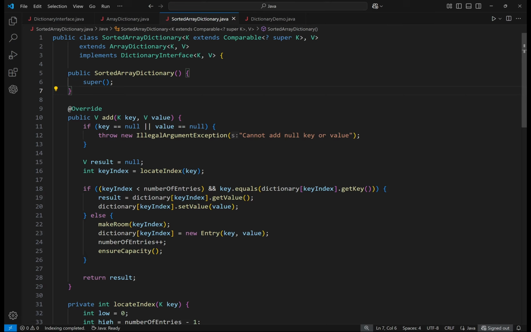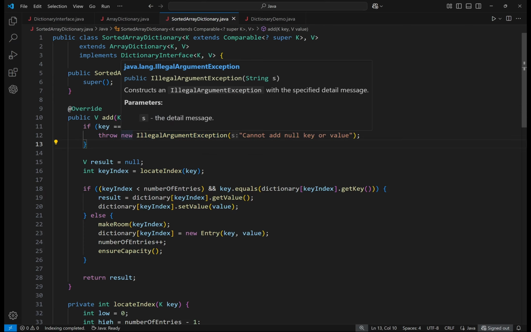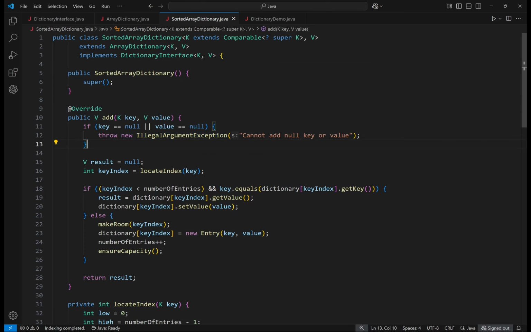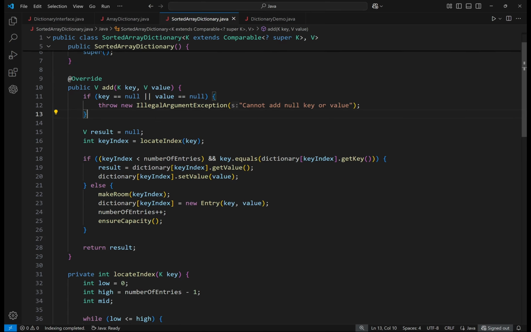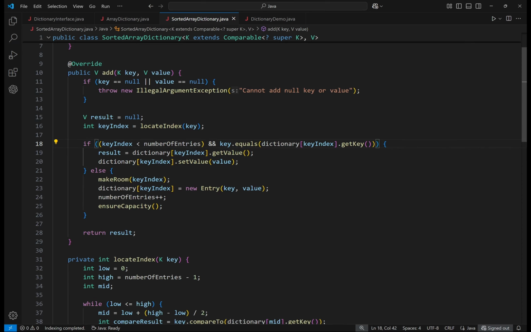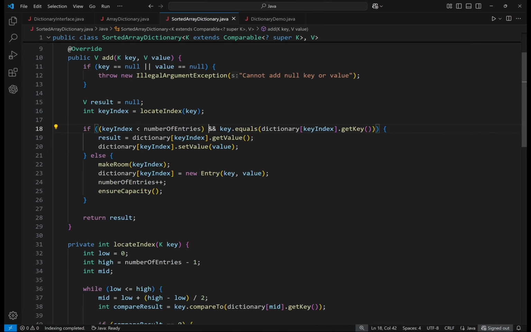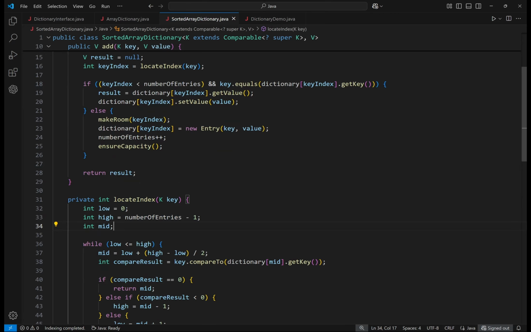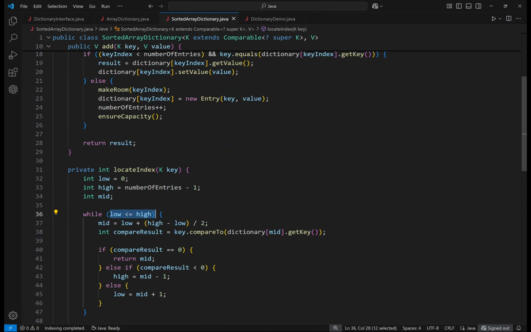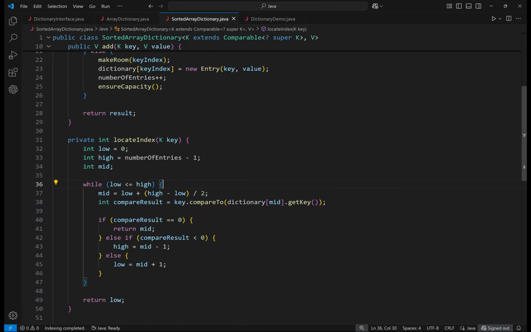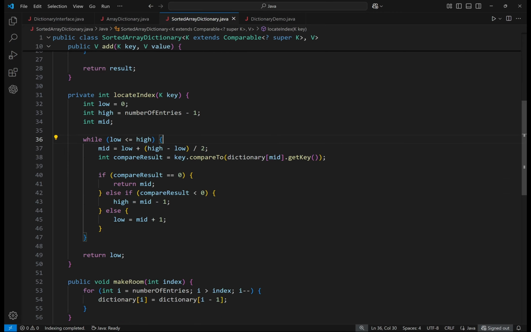Lines 4 through 11 override add(key k, value v) after null checks on line 5. Line 6 calls int kIndex = locateIndex(key), which does a binary search in lines 36 onward, maintaining low and high, computing mid, comparing via k.compareTo(dictionary[mid].getKey()), adjusting low or high, and returning low when done. Back in add, if the key already exists at that index,